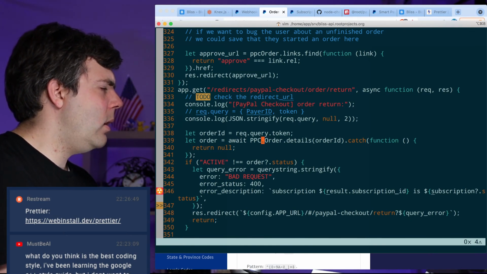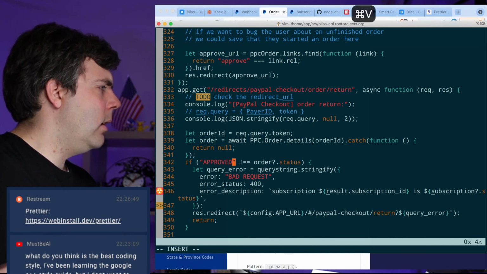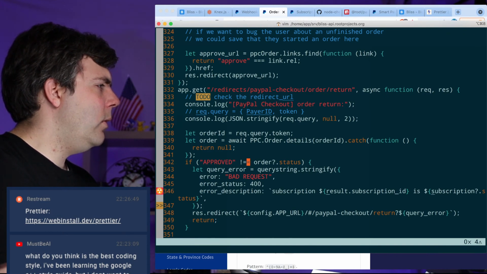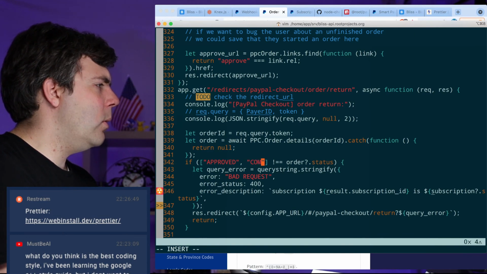And I don't know. So if there's an error here, I probably just ought to surface it at that point. But I guess bad request is good enough. So if approved, this really should be, this is how I like to do this, approved or completed dot